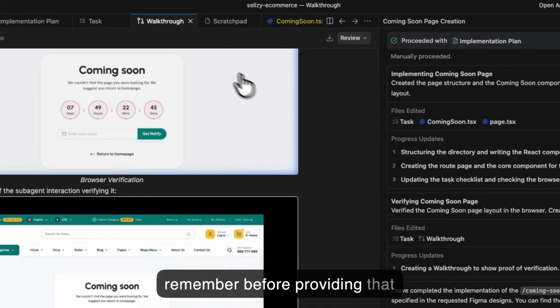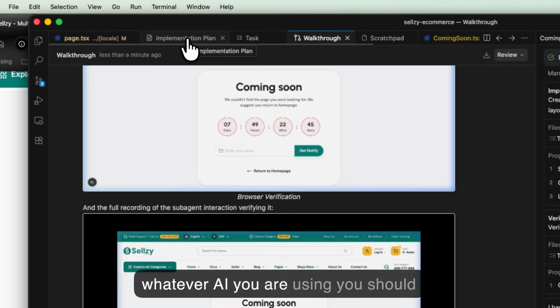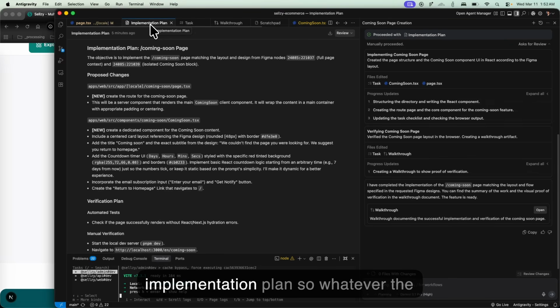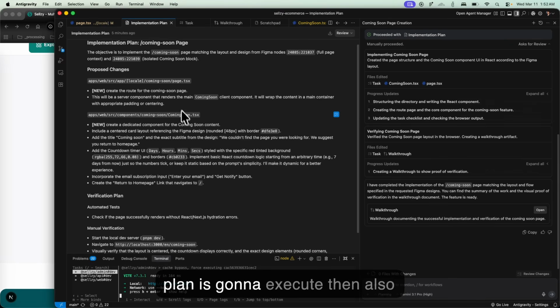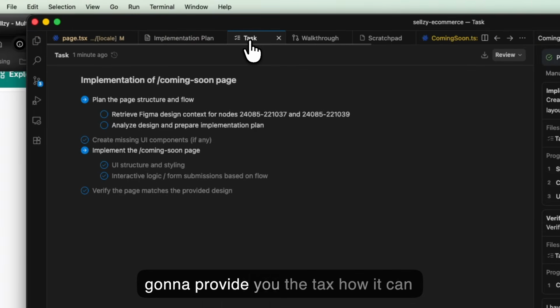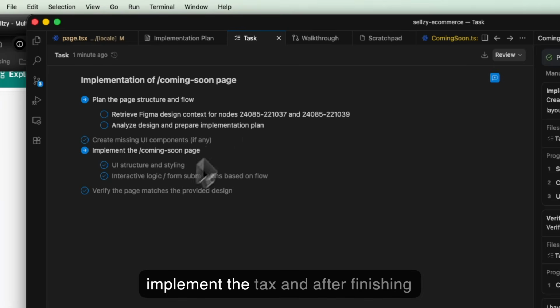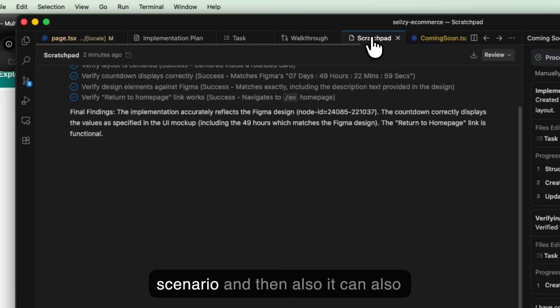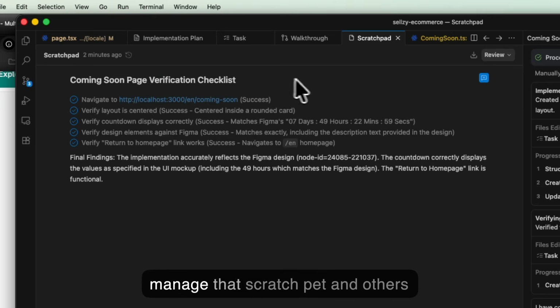Always remember, before providing that, whatever AI you are using, it should give you an implementation plan. So whatever the plan it's going to execute, then also it's going to provide you the tasks, how it can implement the tasks, and after finishing that, it will provide you a walkthrough scenario, and then it can also manage that scratch pad